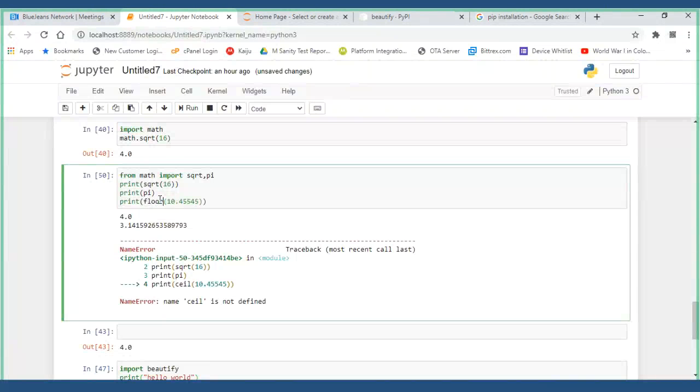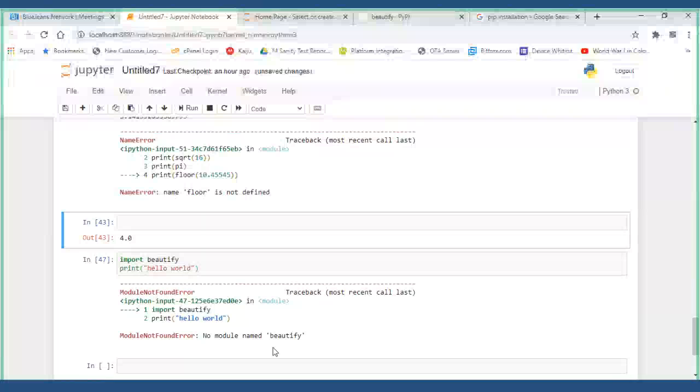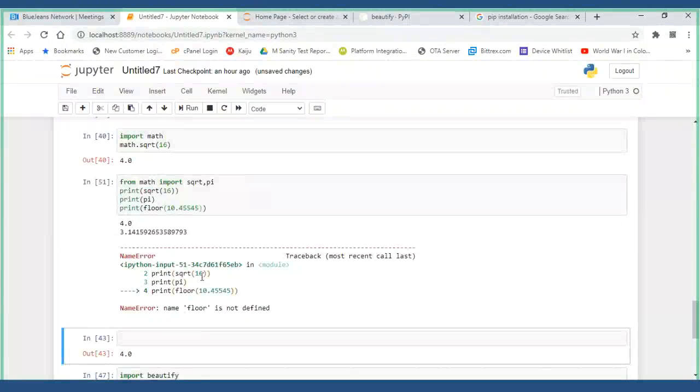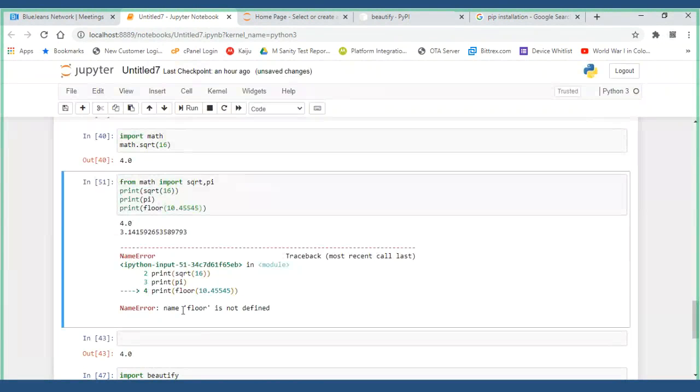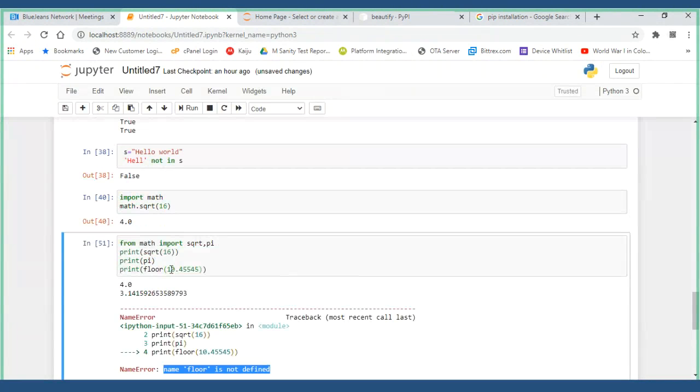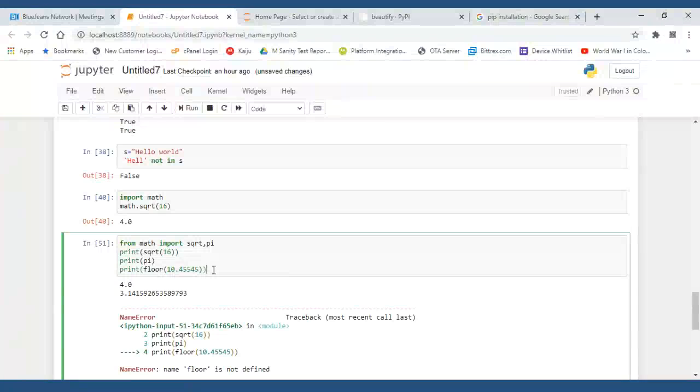Name floor is not defined. Yes, this is okay. This is not that.